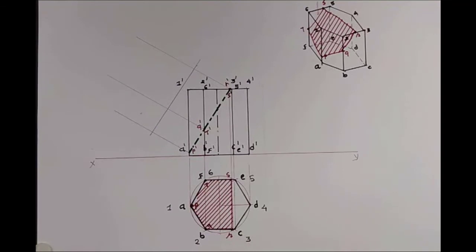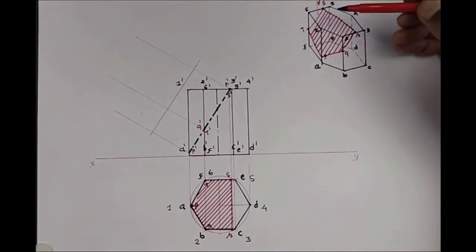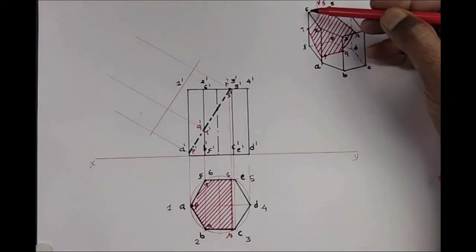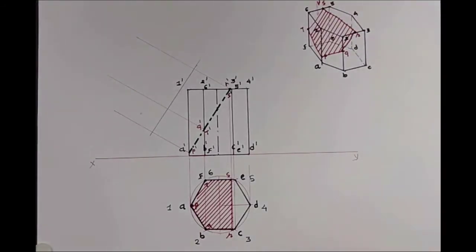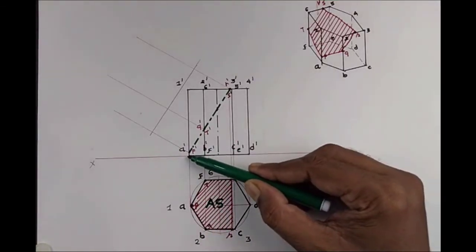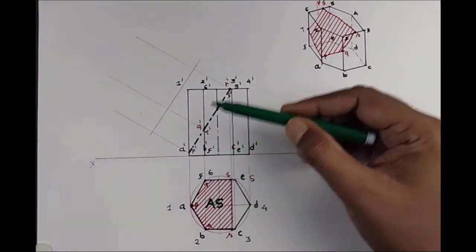Why am I calling this apparent shape? When I observe the solid from the top view and I collect the vertical projection, the area which is bounded by the points is not the true area. That's why we call it an apparent shape. Now you have one key point here. You cut your solid through AIP, auxiliary inclined plane, and the top view is the apparent shape.